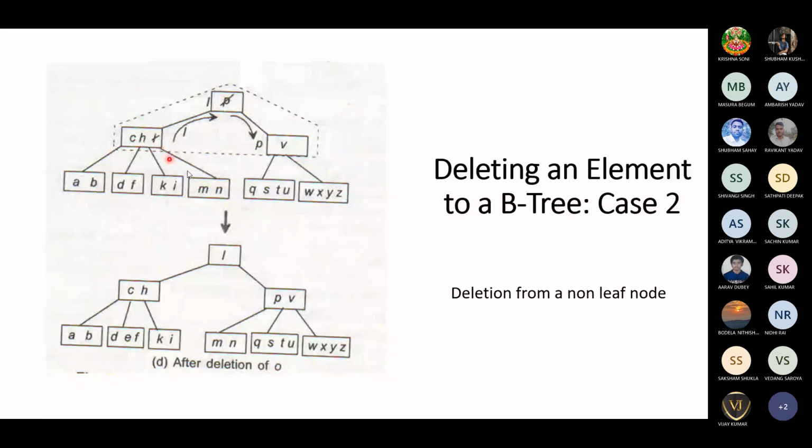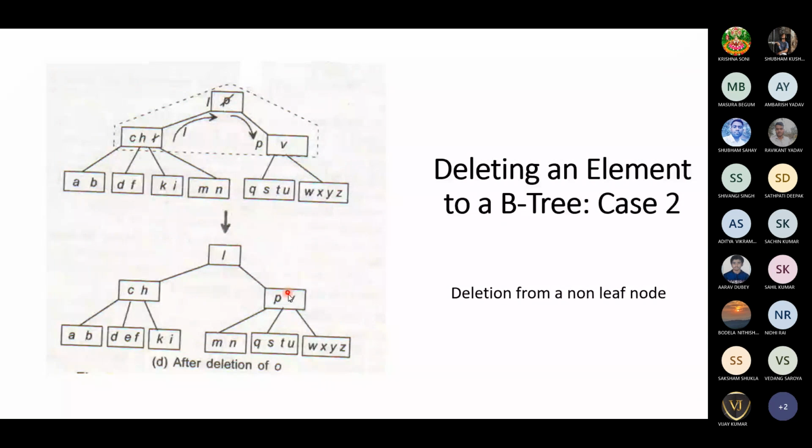See, the L link is connected to the right subtree. L will become the root node. You cannot simply make it H because M and N are greater than L. It should always be on the right side. So this will change the location towards the left child. That's why here MN is considered as the left child.